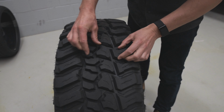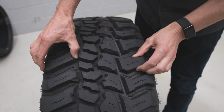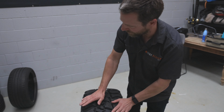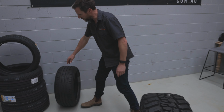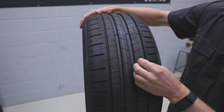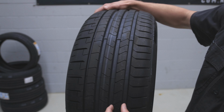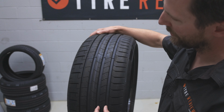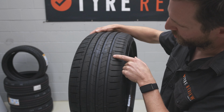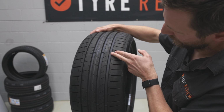And you can see here, these individual pieces are the tread blocks. So it's sort of a common, easy way to refer to these parts of the tread pattern. But even on smaller tyres, we still have tread blocks. So, I mean, you'd almost call this a rib, really, rather than a tread block. But you could sort of say these ones here on the side are tread blocks, but they're actually, these little